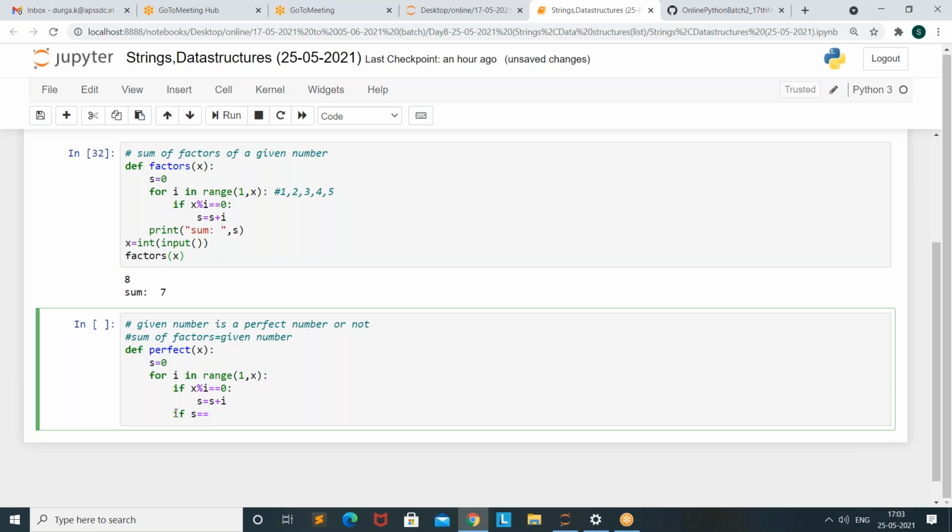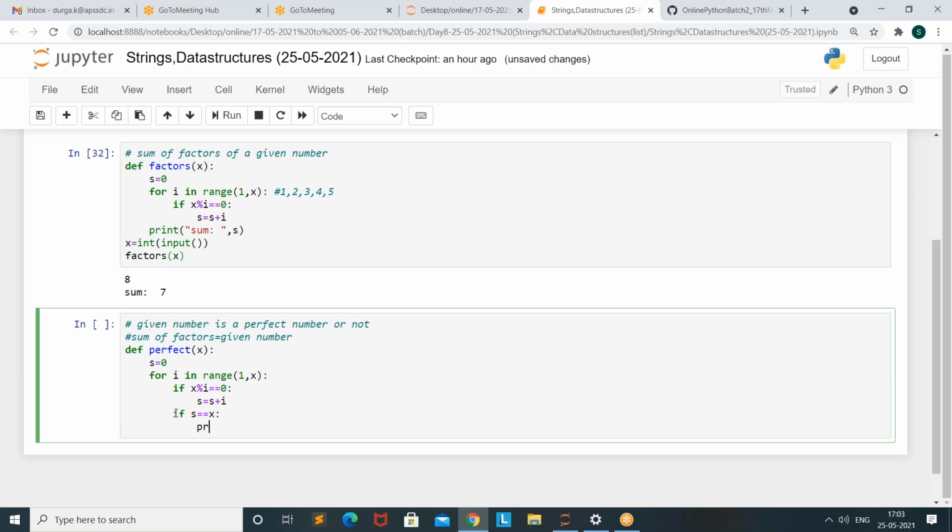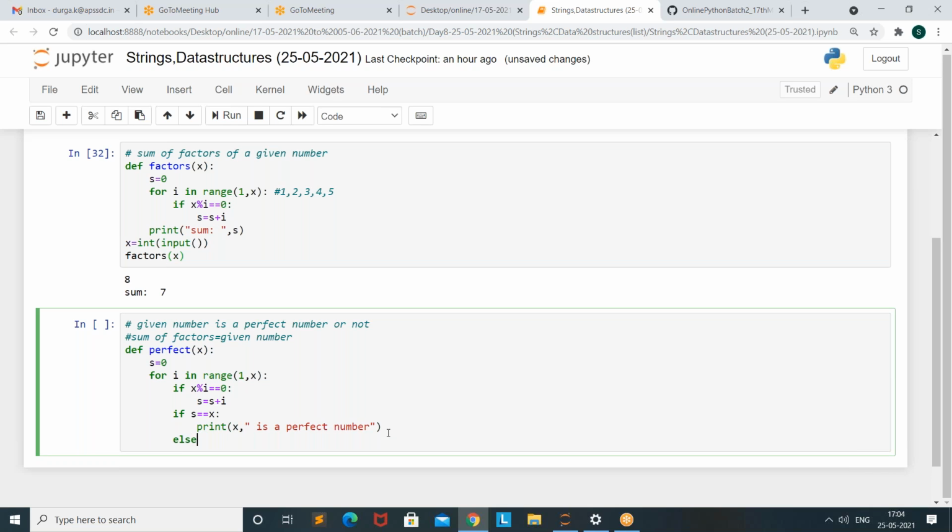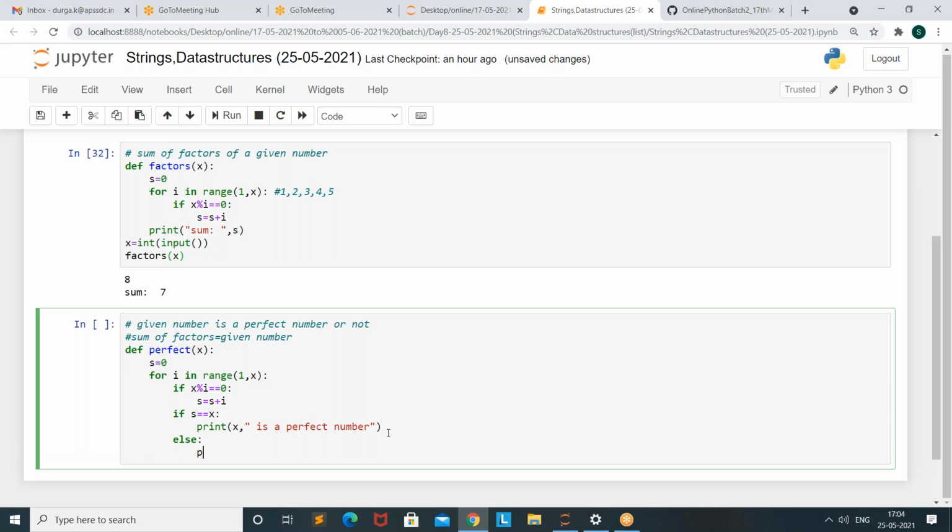If s is double equal to the given number x, then it is a perfect number. Else, not a perfect number.